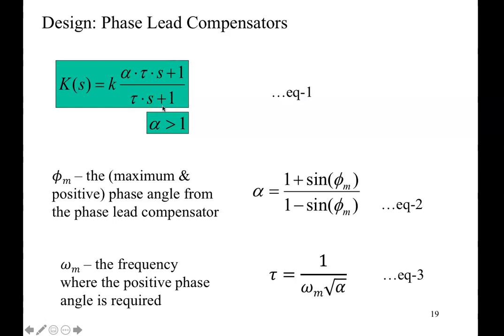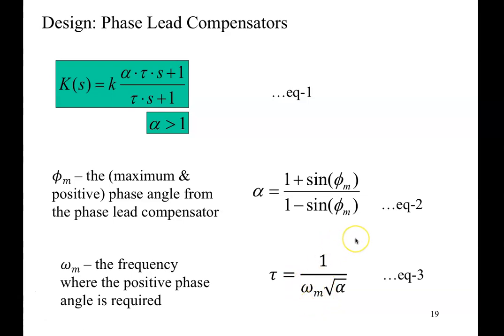Okay, so the alpha value is related to the phase angle. But also, I can use tau to determine where I want that positive phase angle to be, or at what frequency. Now, to calculate that, you basically use the alpha you worked out from equation 2, and then put the frequency in there. This omega m is where I want that